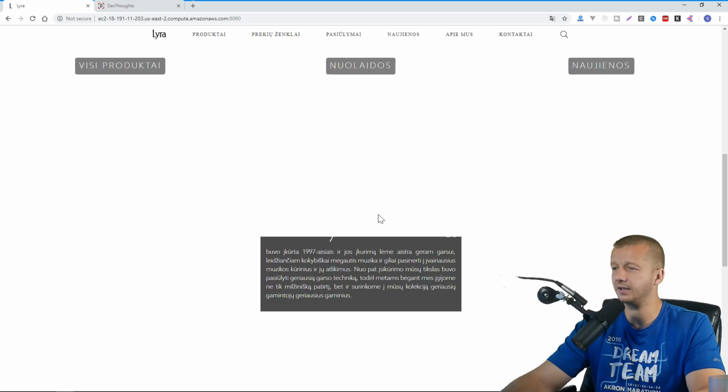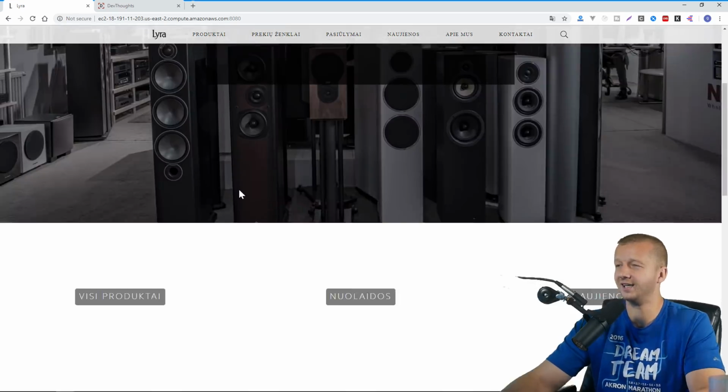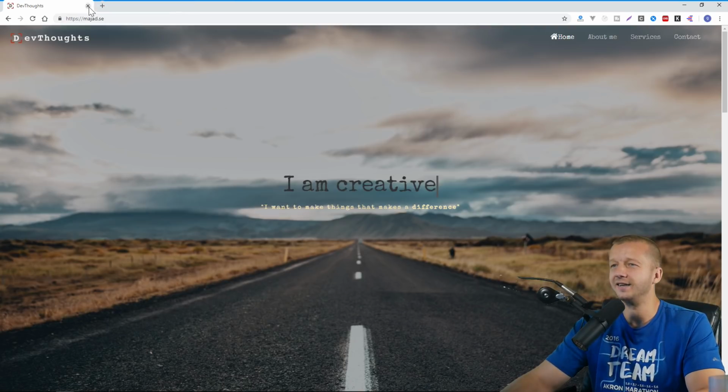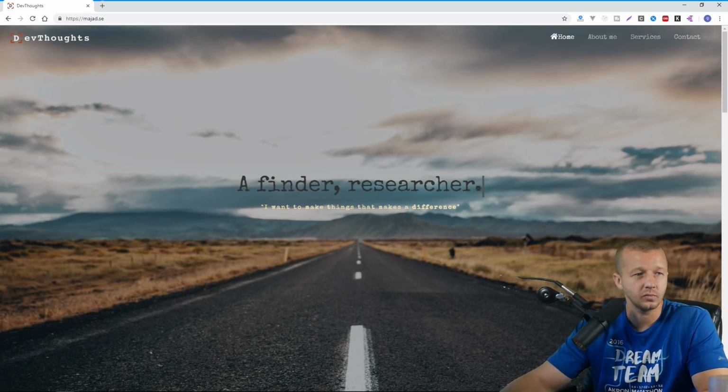Coming down, I don't know what is happening here. It seems like assets were not loaded. So I'm sorry, I can't review it. I'm assuming that wasn't intentional. But looking at this next one,